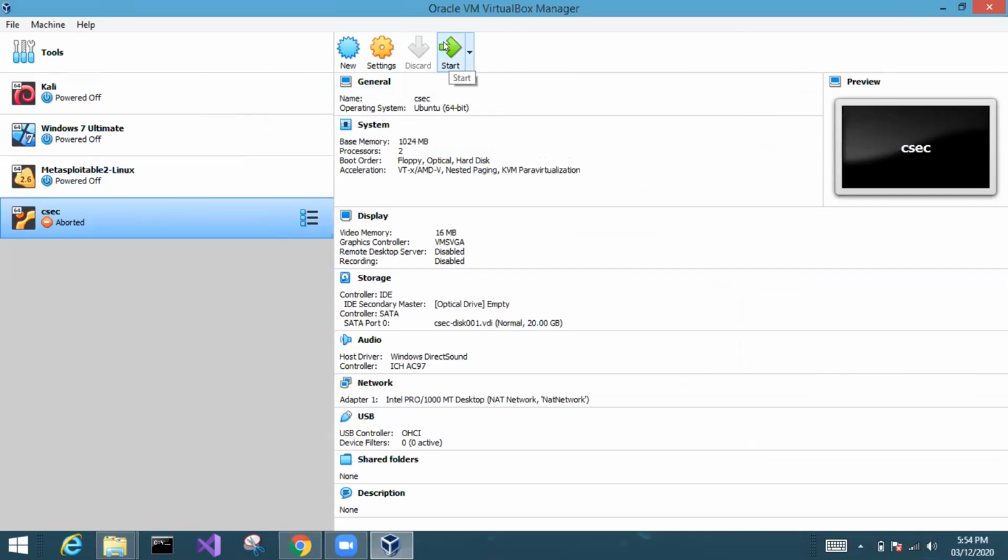Yeah, for most VMs, reduce the processors to just 1. For your attacking VM, at most give it 2, whether it is Kali or Parrot, whatever you are using. For any targets that you install, just limit it to 1 processor. Because most of the work that you do will be on your attacking system. So if you assign it 2 cores, that is fine. But your targets are not really going to be working a lot, so you don't need to unnecessarily provide processor cores to those VMs.